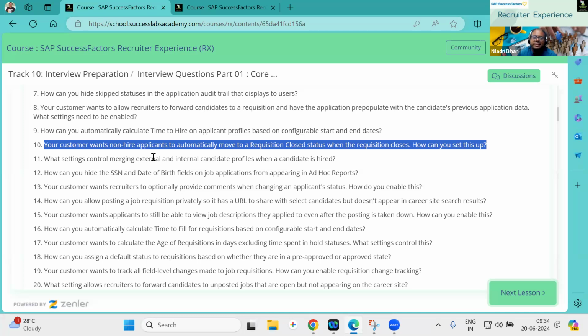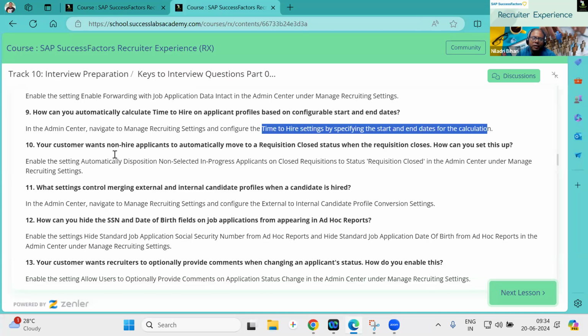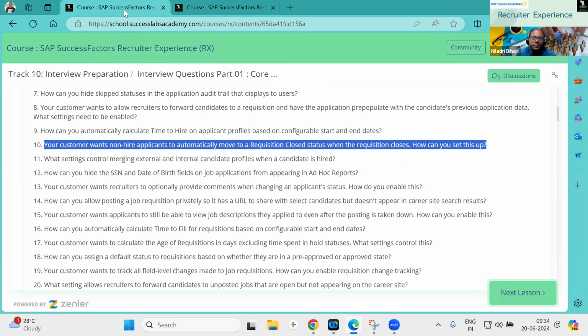This is again a small setting. The answer is already there in my platform, but I will not be showing you. You just have to go through it and verify your answers. I am not saying that it is 100% correct, so you have to verify and understand the question, which is very important. Then verify your implementation guide and your system, and let me know what the answer will be.